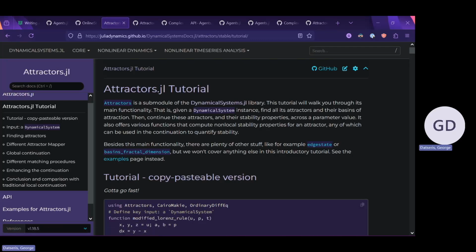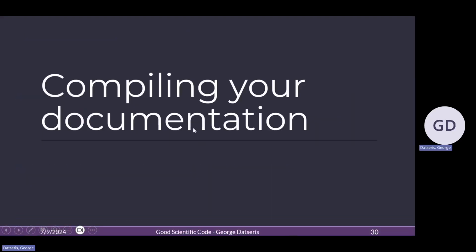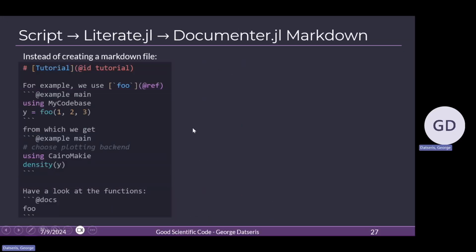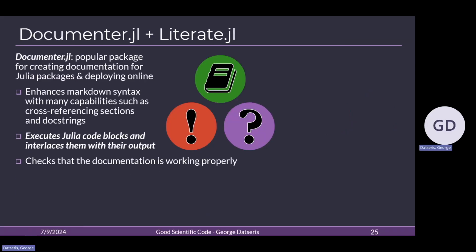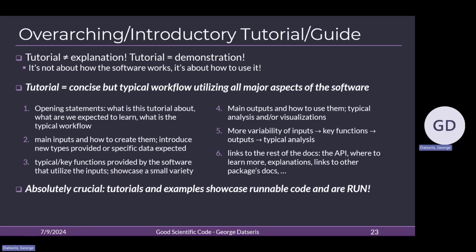Let me go to the best slide ever of this workshop. Let's go back here, not here. Oh man, animation, so many. Right, okay, finally. What are the key inputs? Key functions that use the inputs, key outputs of the key functions, key workflow or analysis of the key outputs. So a loop composed of 4 steps: input, main function, output of main function, and typical analysis of main output.